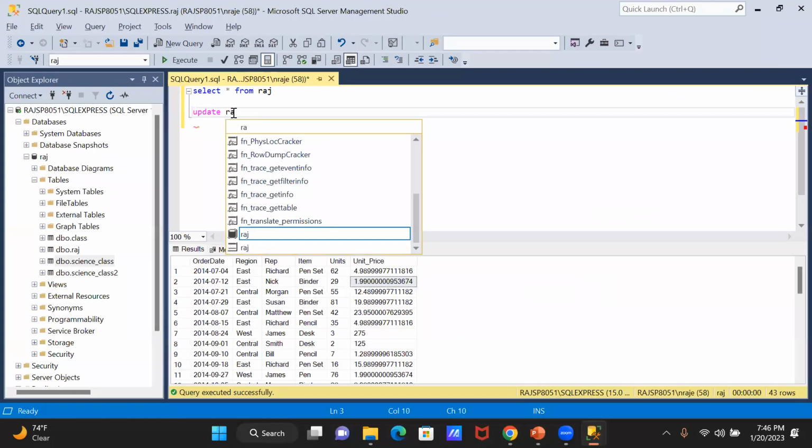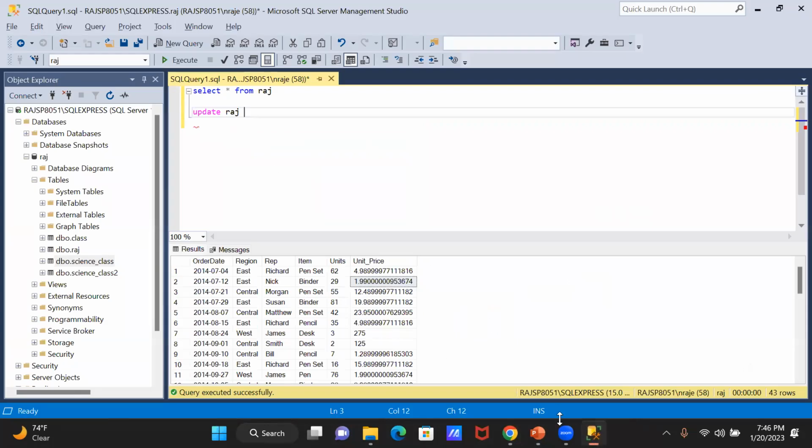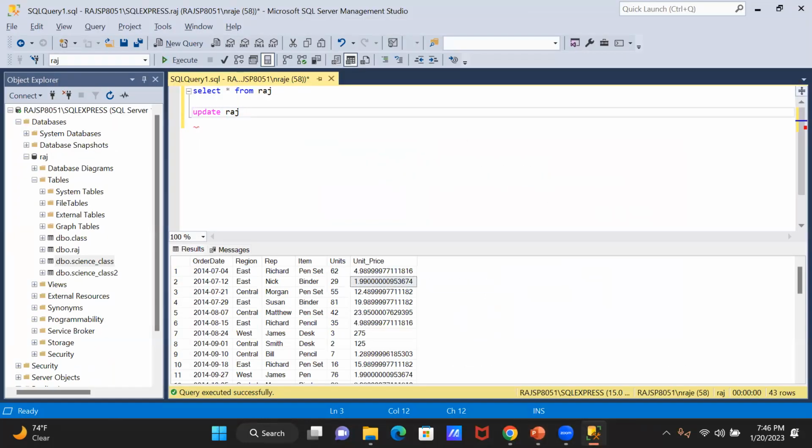Update the table name Raj, and we are going to set name, or rep, equal to my name, Nagaraju,